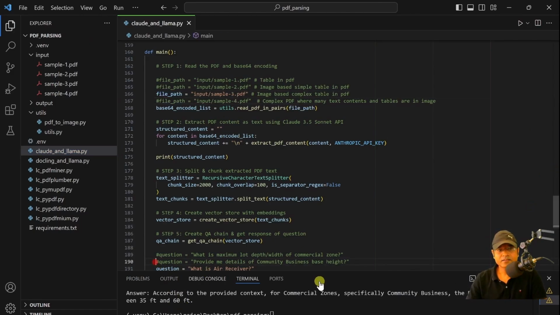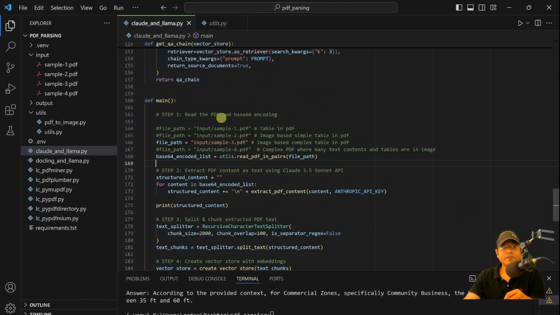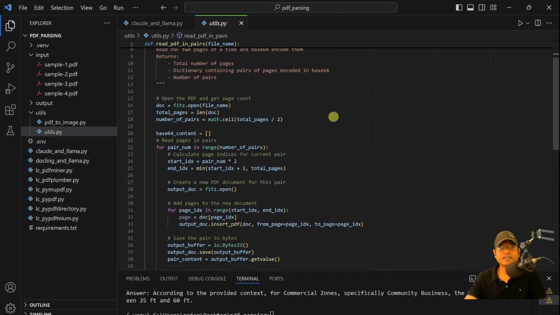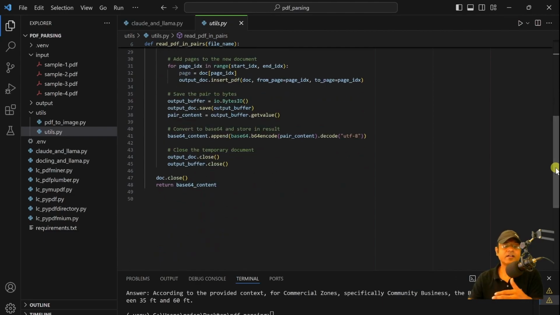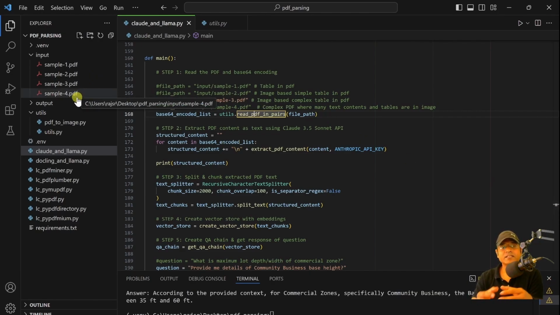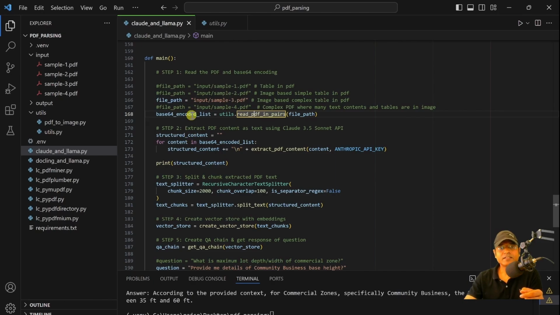And I'll ask a question. Let us understand the main function. It has the file path, and one important part from utils, read PDF in pairs. I'm sending it the PDF and getting it in pairs, so two pages run at a time and create a list here. If you go here and see what read PDF does, it has a list, and it runs through all the content in the PDF, and in pairs of two pages it creates base 64, appends it, and gets the list. So for every element of the list, suppose the PDF has around 7-8 pages, for each 2 pages, the first one in base 64, it runs here for content in this list, and